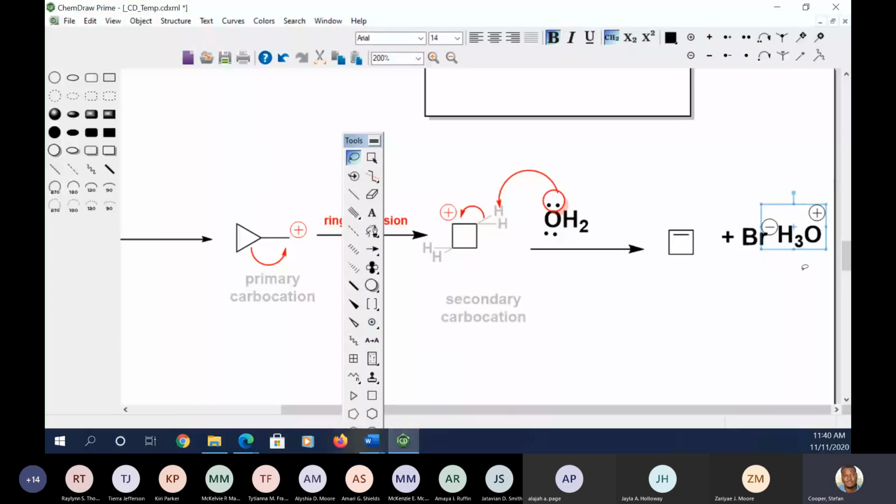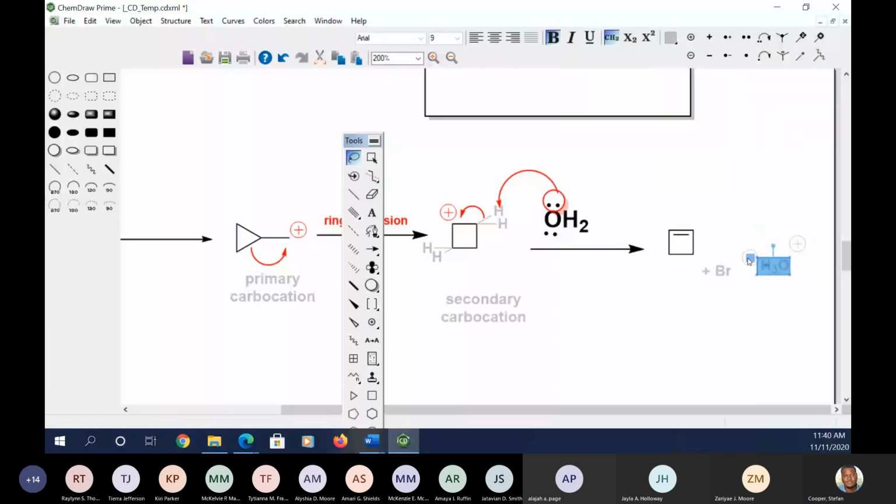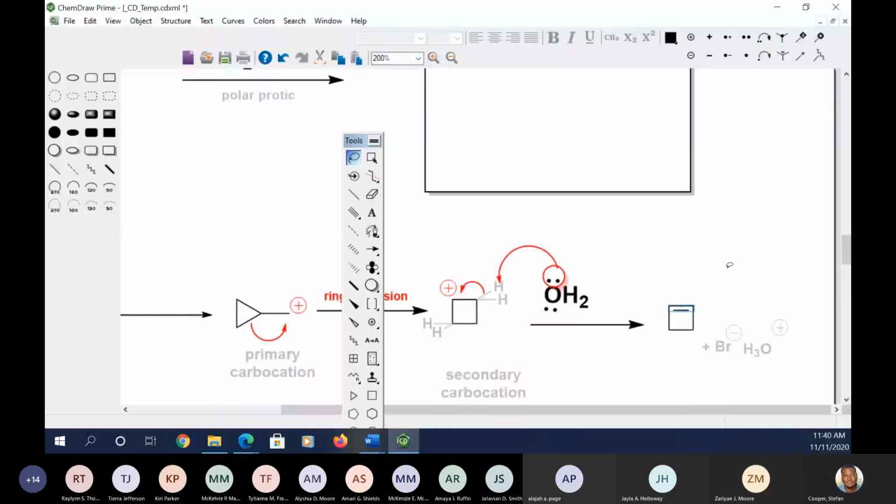But again, this stuff right here is not that important. All right. So up top, my product should be